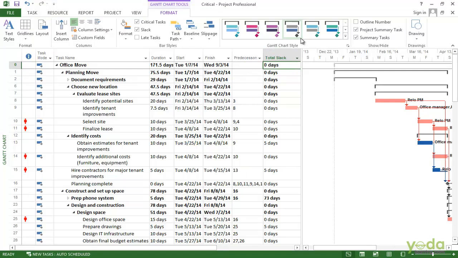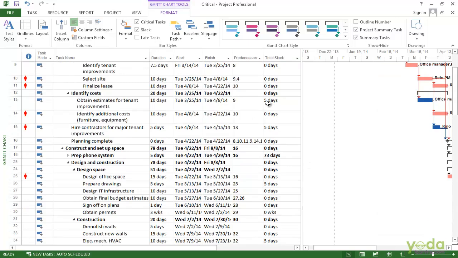So here it is. Now you can see that the critical tasks have 0 slack, as you would expect, but here's a non-critical task. Its bar is blue and it has a slack of 5 days. Here is another non-critical task and it has a slack of 5 days.